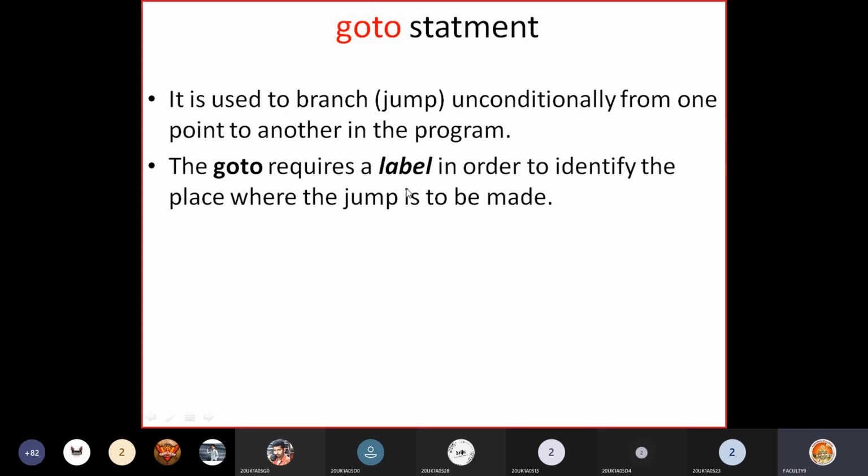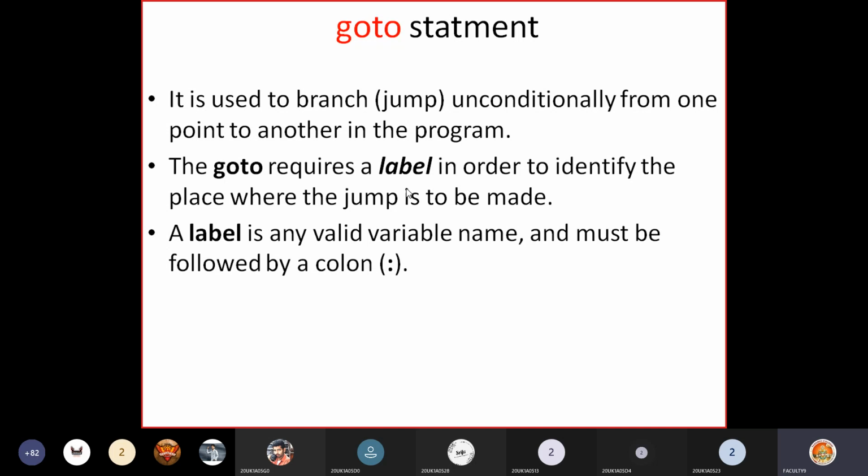So to identify that place name, we use this label. The label is nothing but any valid variable name and must be followed by a colon. This is the syntax. Wherever you want to jump, there you should write this label followed by a colon. Then when you say go to so and so label, directly it goes to the place where the label is present.